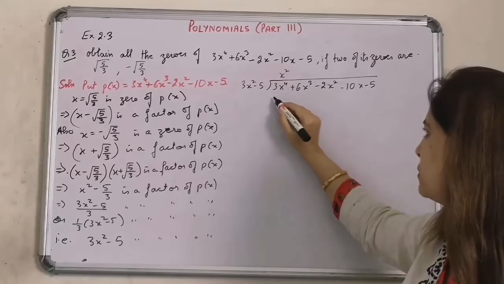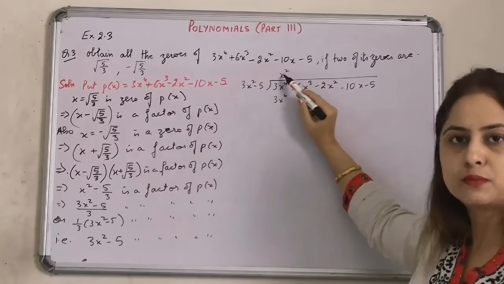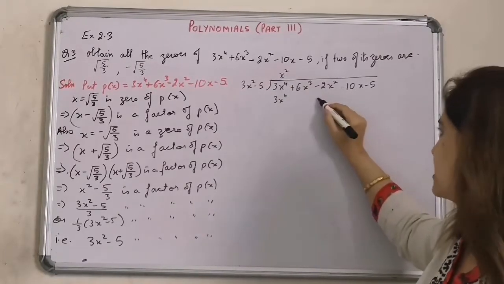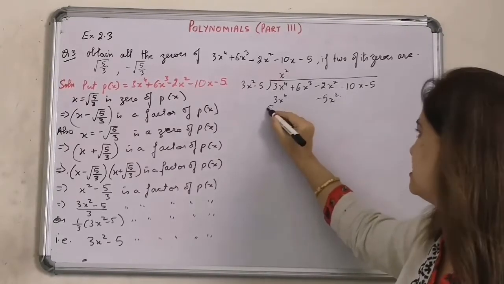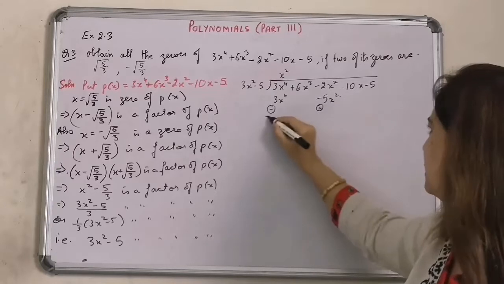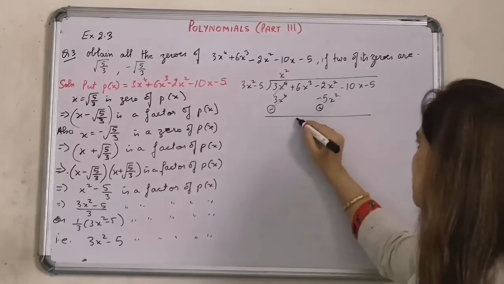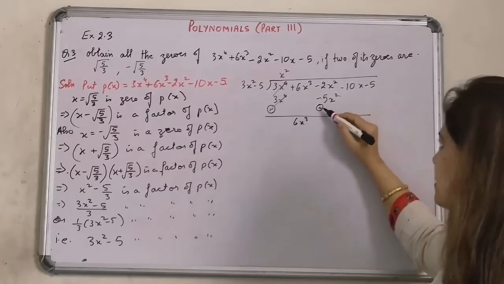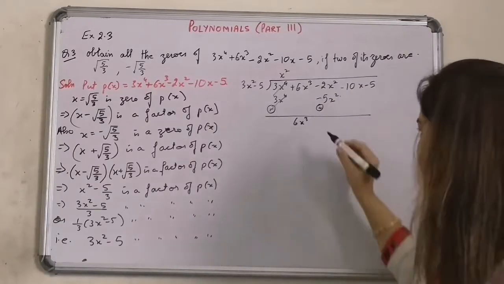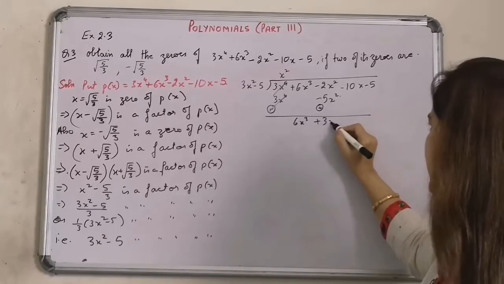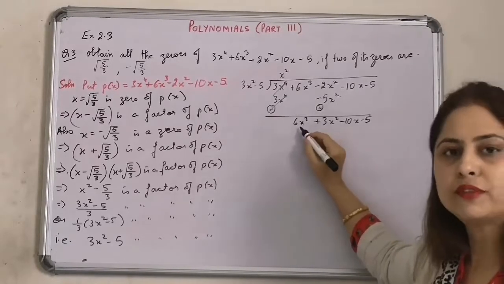X square into 3x power 2 means 3 into x power 4. After that, minus into plus is minus. The next term is minus into 5x square, so it will come under this one. In the next step, we are going to change the signs. This is the same long division that we have been doing in junior classes. We get 6x cube over here. This is plus and this is minus. So if one is positive, the other is negative. We go for a subtraction and the sign of the bigger one comes with us. This becomes 3 into x cube minus 10x minus 5. So it's our first term of the next dividend part.